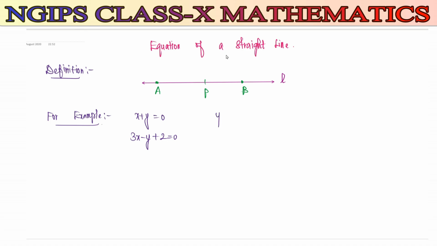We can take y plus 3 is equal to 0, or you can consider x is equal to 1. Okay, now here these equations represent a straight line. So here the straight lines are nothing but first degree equations. Every first degree equation we call a straight line equation, or we can also call it a linear equation. Both are the same because the highest degree is 1.